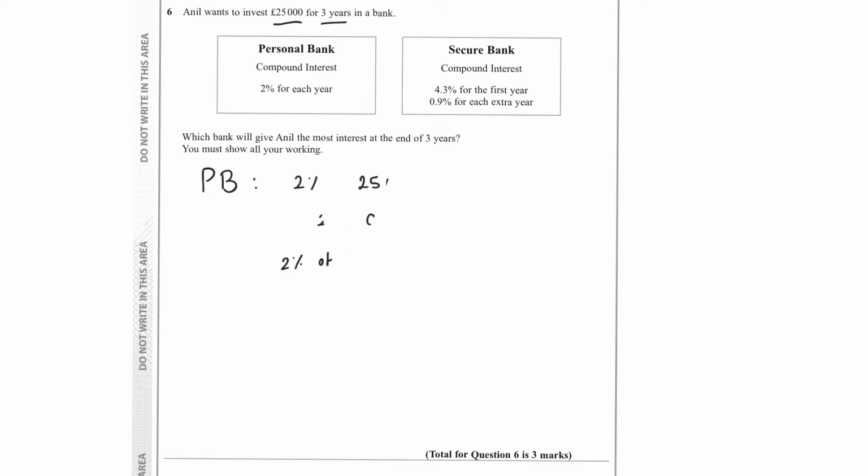But if that method is long for you, another way of working it out with compound interest at 2%: if you're adding on 2% each year, you're adding 2% essentially onto 100%. So as a decimal, that would be the same as 1.02. Because it's over 3 years, you would do 1.02 to the power of 3 multiplied by 25,000. If you put that all into your calculator, you should get an answer of